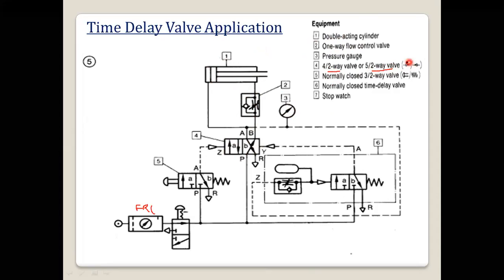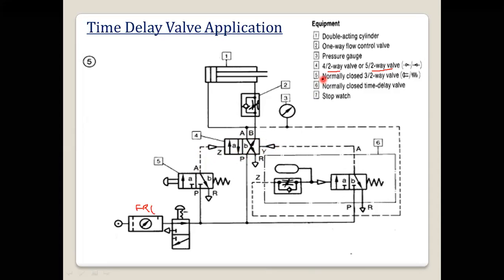Here it is pilot operated on both sides. Normally, the valves are push button spring return, or manually operated spring return. Here it is not spring return. For the return also I have to apply the pilot signal. So that's why we call this valve the impulse valve, because I am supplying the air, giving some impulse to this valve, and only then the position changes.